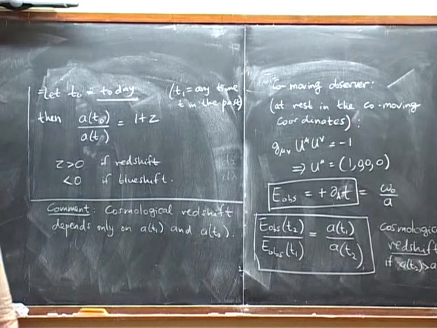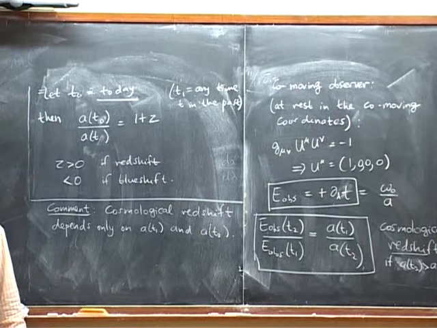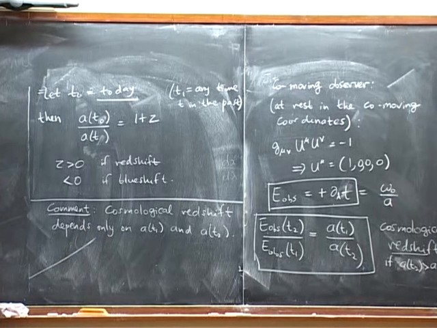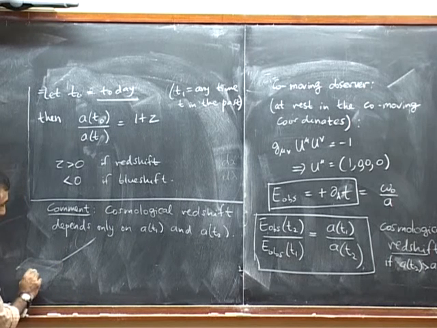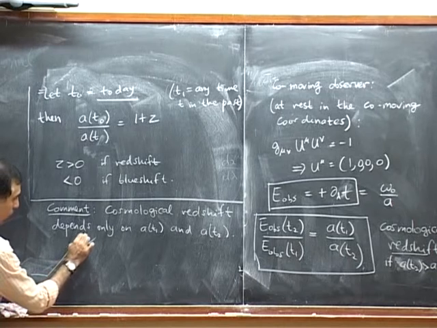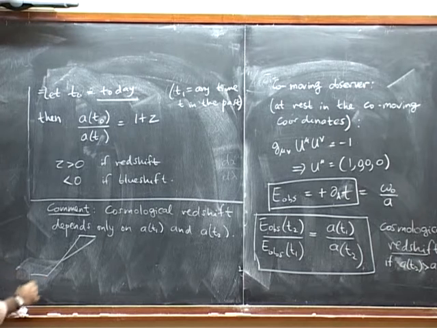So imagine the following thing. Supposing we were observing a signal, supposing we had control over the universe and we were able to halt its expansion twice. Instead of the universe steadily expanding, so A of T is a function like that. Supposing we were able to take the universe and make it static for some time, then expand a little bit faster, and then again make it static.